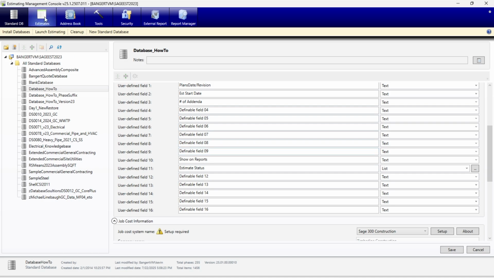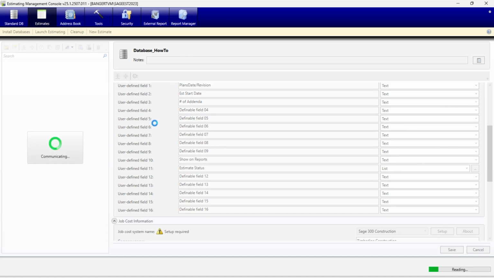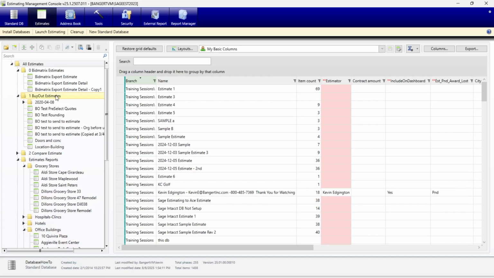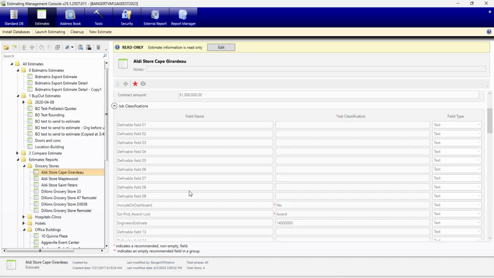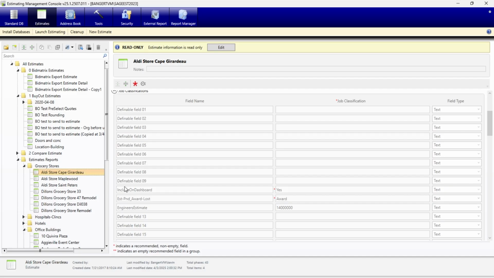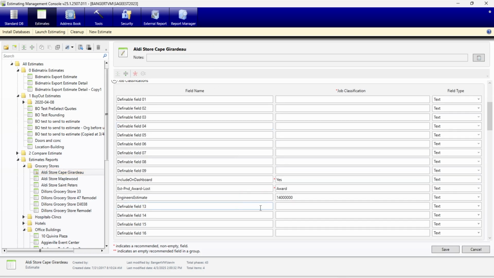So with that being said, if I go and look at my estimates, each estimate has pretty much the same information associated with it also. So each estimate, when I look at a particular estimate, it could have an estimator associated with it, a project type associated with it, things of that nature. It could have whatever you've got for your definable fields and so forth. So as somebody gets in there and they're putting these in, I could be looking at a particular estimate, and instead of going to the estimate, going to the info page and things like that, I could come in here, just highlight an estimate, hit edit,